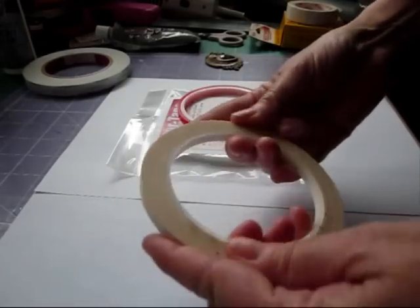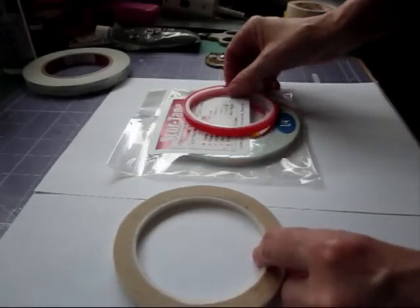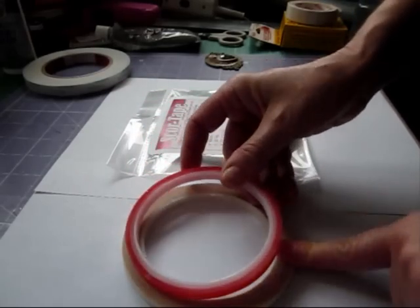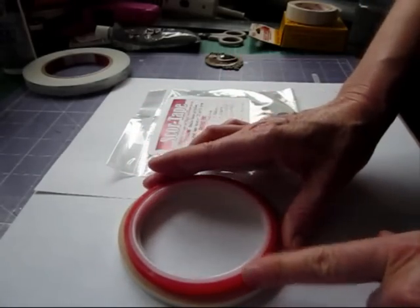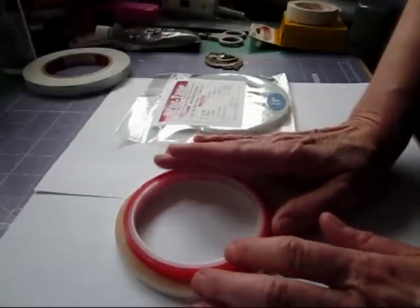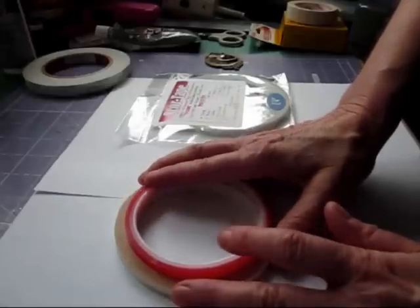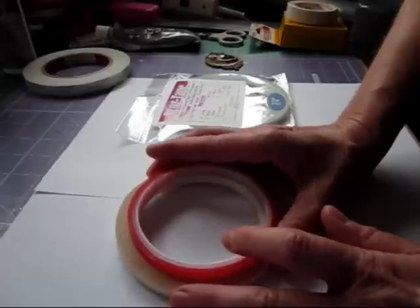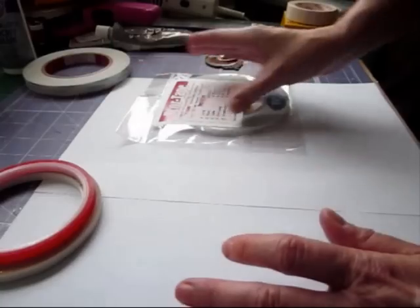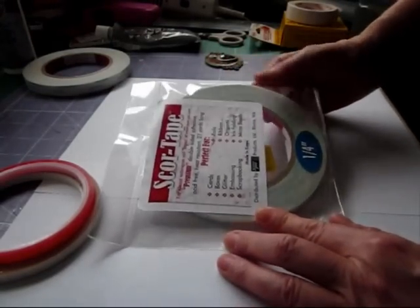There's ordinary double-sided tape, which you can get from most retailers and online retailers. Then there's the red tape, which is much stronger adhesive again than this one, and I would use those two in card making, just matting and layering for card making, almost always just that. I don't use them in my mini albums very often, and I don't use it in scrapbooking all that often either. If I'm going to use any tape in my scrapbooking or my mini albums, I'm now using this tape,